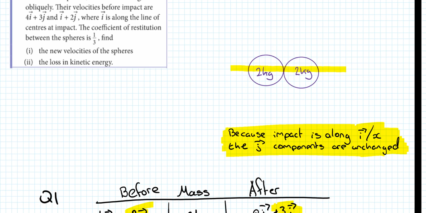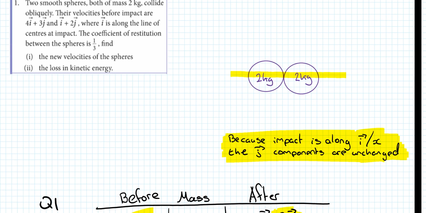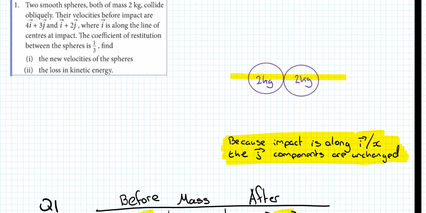Okay, so in this video we'll be looking at oblique collisions. Now, oblique collisions are collisions that happen at an angle, or where the two particles are moving at an angle. So two smooth spheres, both of mass 2 kilograms, collide obliquely. Their velocities before the impact are 4i plus 3j